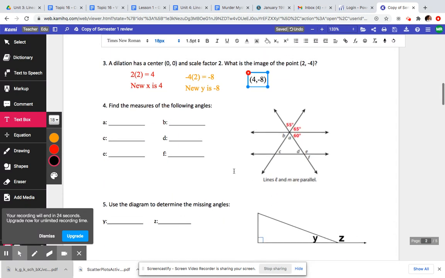I might run out of time for 4 and 5, but find the measure of the following angles. So A, if you think about vertical angles, A is the exact same as the angle right across from it. So that would be 55. B would also be right across, so that's going to be 65. And then you can quickly find what C is, because those are all